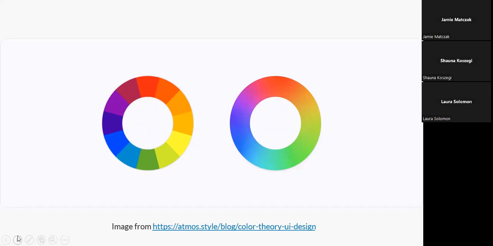We can pick colors out of the one on the right, obviously, and it looks like we all do. But in terms of what works with what, that's where things get a little trickier. And that's where color theory can come in. Knowing just how a basic color wheel works can give you a stronger foundation.